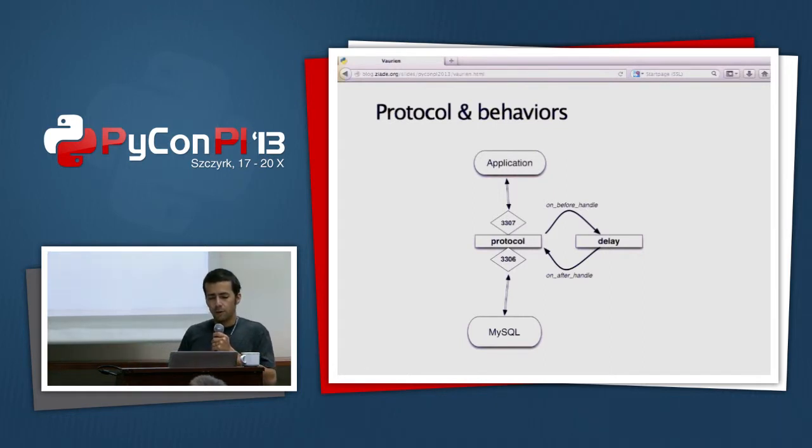And it uses the MySQL protocol here, and it has two events that are called in this example, the dummy behavior. They are called on_before_handle and on_after_handle.